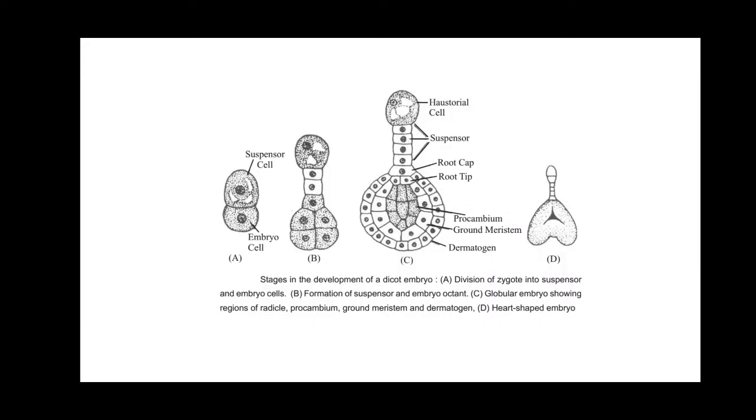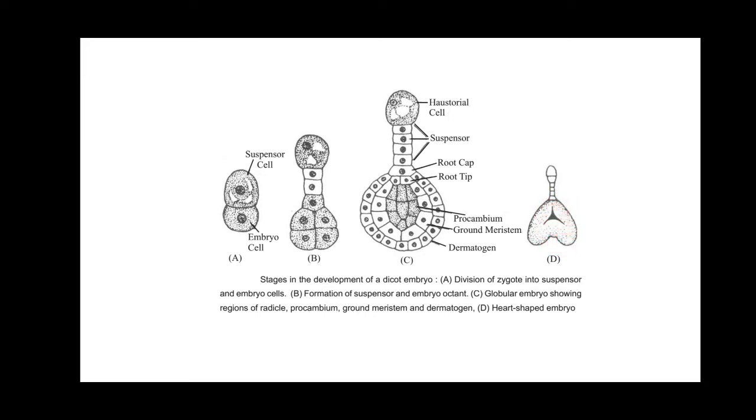And then it helps in the growth of the embryo. To revise the growth of the embryo, if you remember, the embryo develops from the zygote, which divides like this, forming the suspensor and the embryo cell. The suspensor becomes a part which anchors it to the seed, and then the embryo keeps on dividing and finally comes out in shape. This is the example of a dicot embryo growing. Thus we see the formation of this heart-like shape, where each corner will transform into the two cotyledons, and this area becomes the shoot apex, and this area becomes the root apex.